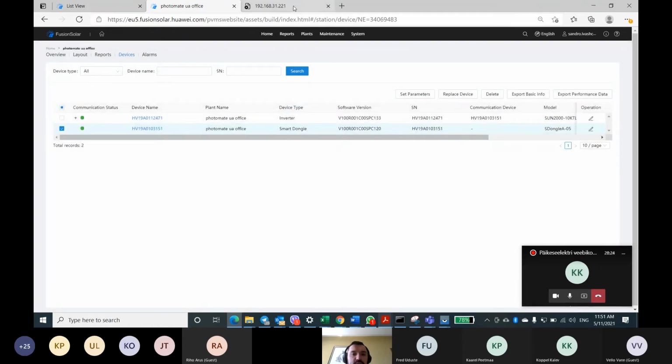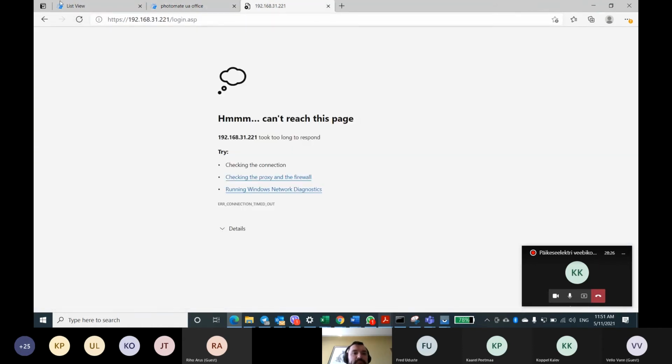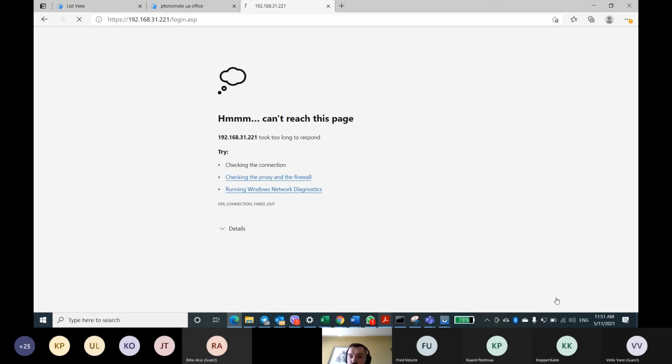Let's check how we can set this on the Smart Logger web interface. One second, I will connect the Smart Logger to